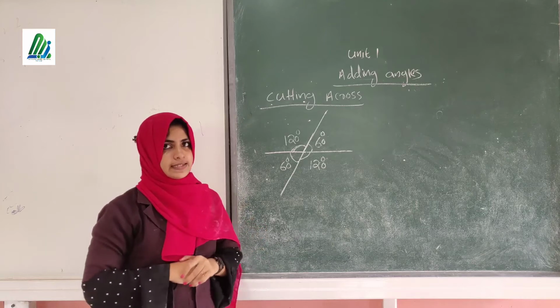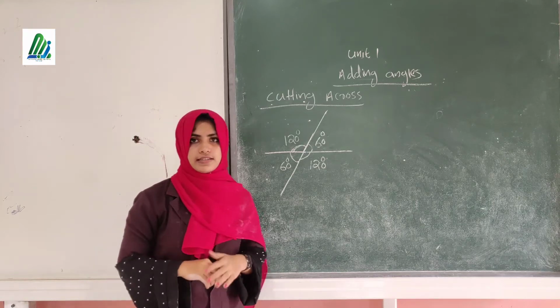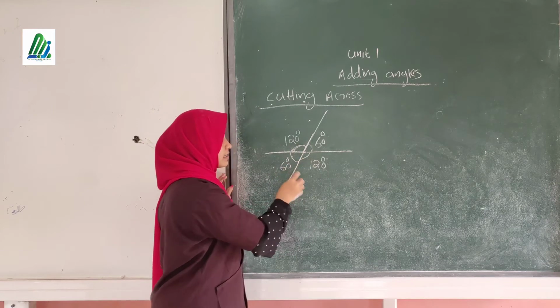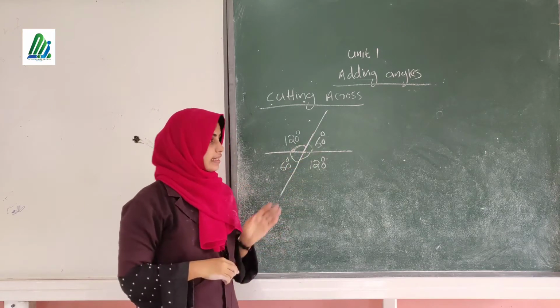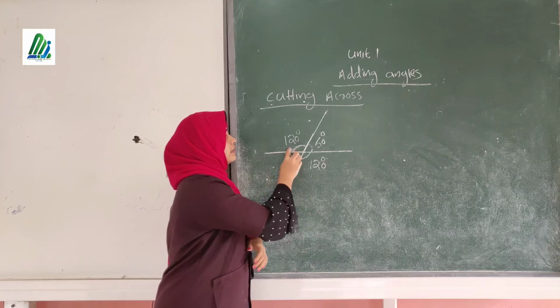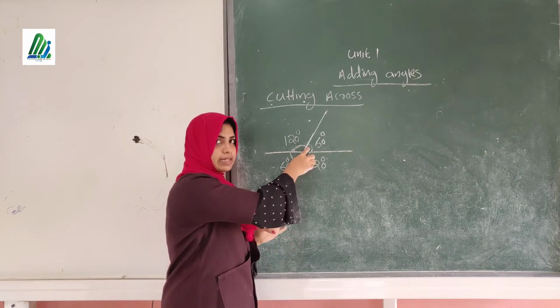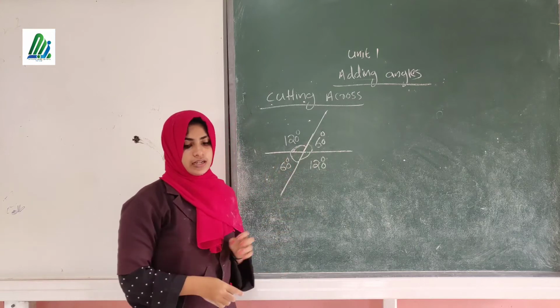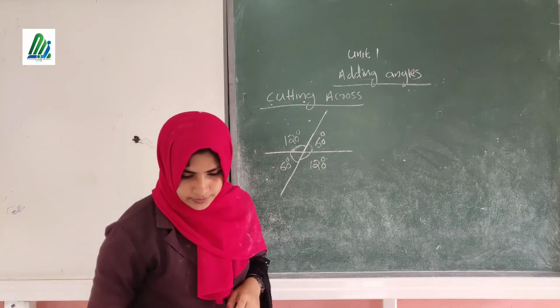So this is the principle. This is the last principle we learned in this chapter. Among the four angles made by two lines cutting across each other, each pair of nearby angles is 180 degrees and the opposite angles are equal. For example,